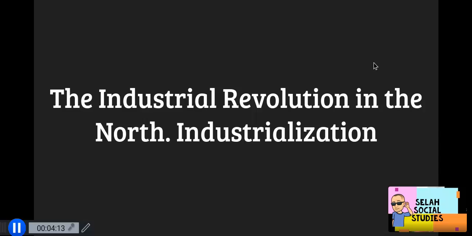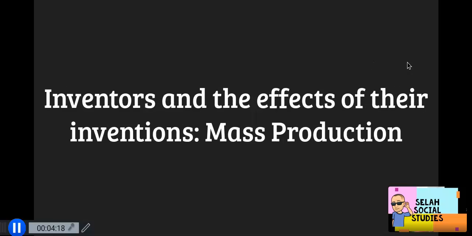We're going to talk about inventors, and we're going to talk about our effects, especially the big one, Eli Whitney and his cotton gin. You have to remember that slavery was technically on the decline before the invention of the cotton gin, right? You have slaves in the South who were picking all this cotton, and they can only pick and process 10, 15 pounds a day, per a couple of slaves. And now that you have the cotton gin, it makes it more efficient, right? You have a whole handful, or maybe even up to 100 slaves who are processing this cotton and picking the seeds out of the cotton, and it's taking a long time, so it's not very profitable.